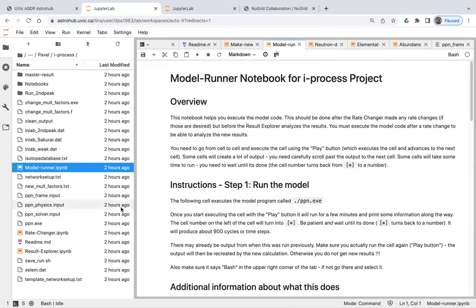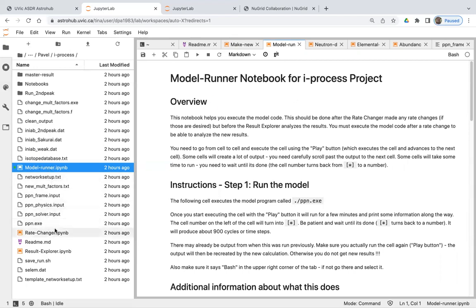Okay, and one thing to keep in mind, please remember this. Model Runner notebook is probably, for the first time use, of all 3 simple notebooks, the notebook that you will be using more frequently, this Model Runner. So it's open here because it allows you to run your nuclear synthesis one zone computations, in this case for